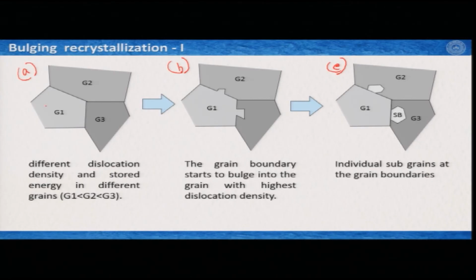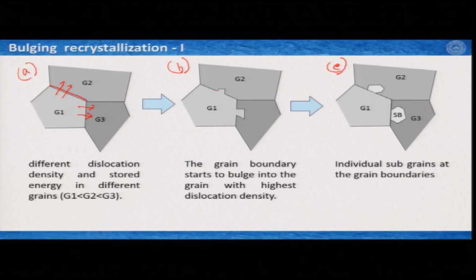So, this one has less than this, and this one has less than this. Now, because this has less dislocation density, this grain boundary here would try to move to the places where the dislocation density is higher, and this is exactly what is happening in figure B,